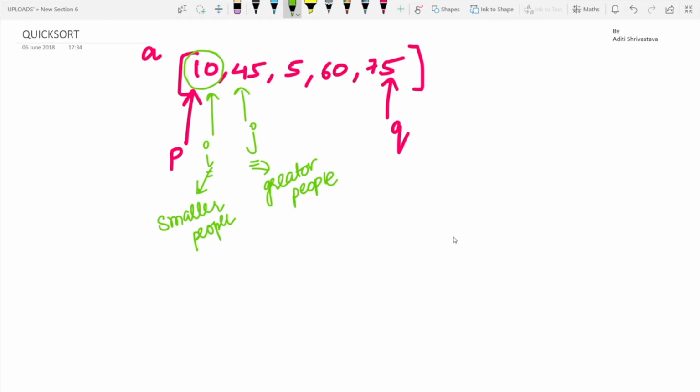Since I wants the smaller numbers and J wants the greater numbers than the pivot element, they both want to move, but it is an unnecessary waste of time. So they both make a deal or compromise. J says, I will move, only I will move, and if I get a greater number, I will just skip and move further. But if I get a smaller number, I will give it to you, J says to I, and in return,